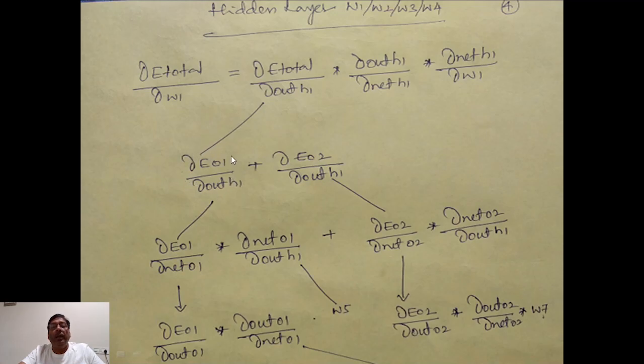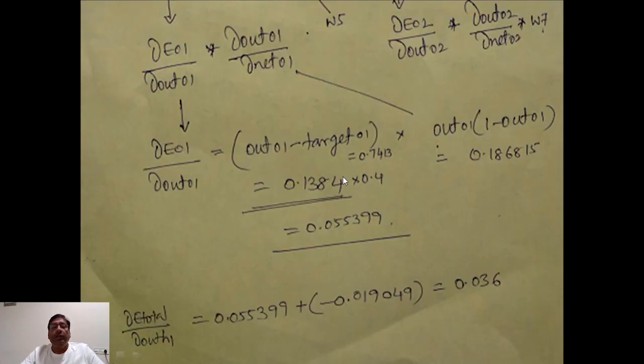And when you apply the chain rule, you can write it in this fashion. Again, for this, if you apply the chain rule, you can write it in this fashion, and this you can take as W5. Similarly, you need to do the calculation for EO2 upon out H1. So the final result that you get for partial differentiation of E total with respect to out H1, you will get it as